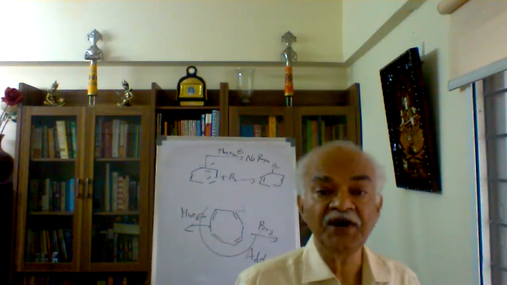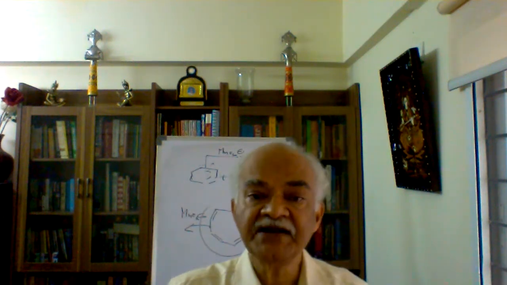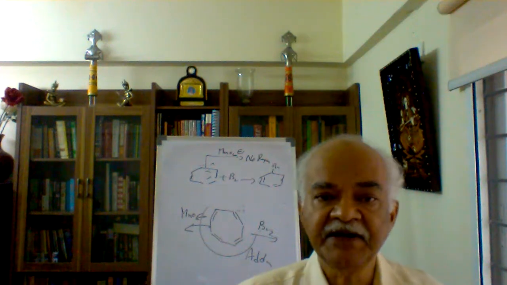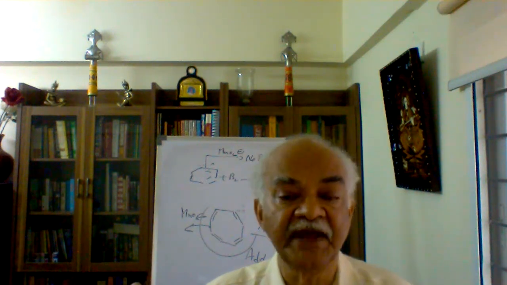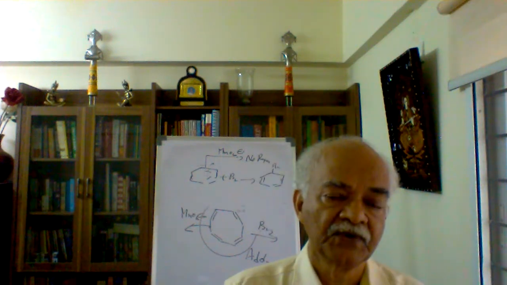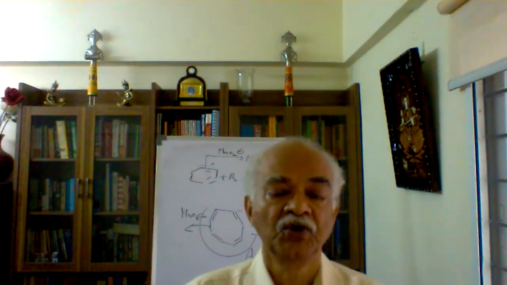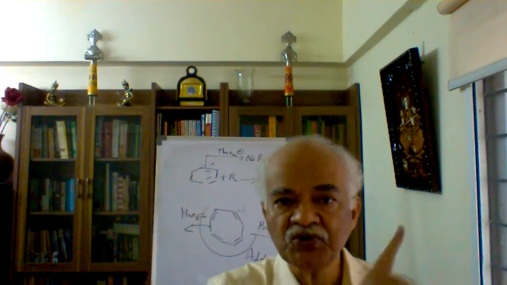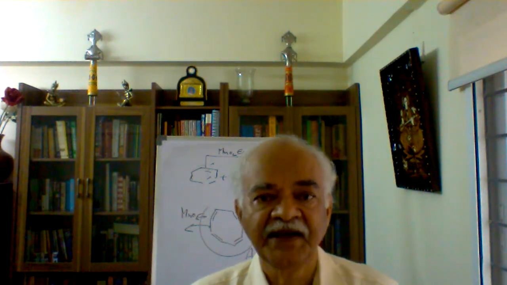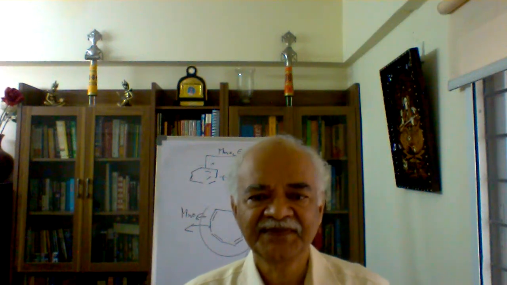Therefore, I require a better approach to understand the correlation between conjugation and stability, beyond my valence bond theory, which is very good, but cannot account for why these molecules behave differently even though all of them are apparently conjugated. So I require a new tool to understand their behavior, more so their stability. And we will try to work this out in the next video. Thank you very much.